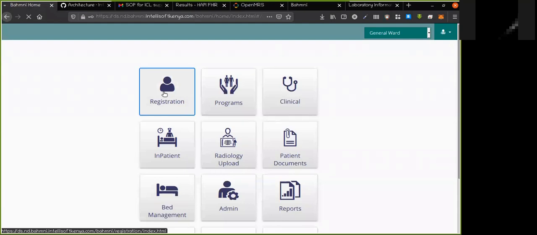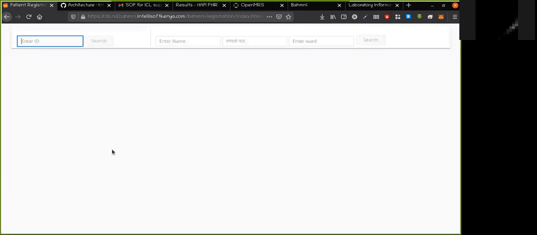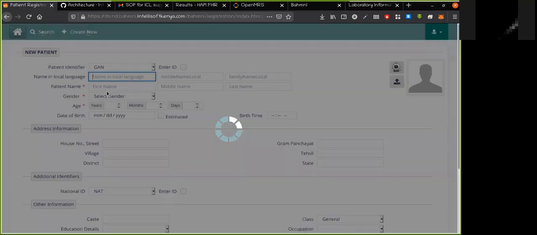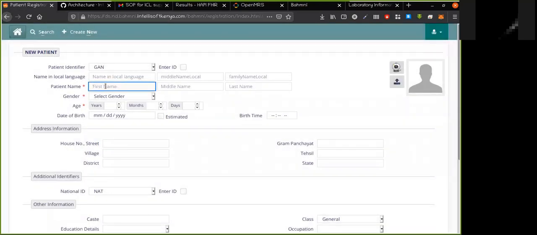So I'll go to patient registration and register a patient. So I'll create a new patient. I'll provide just a few details.